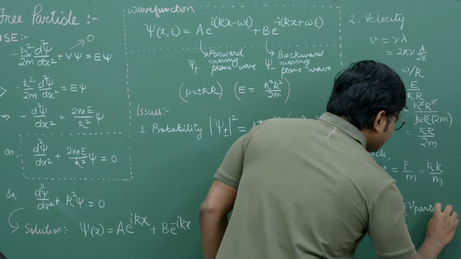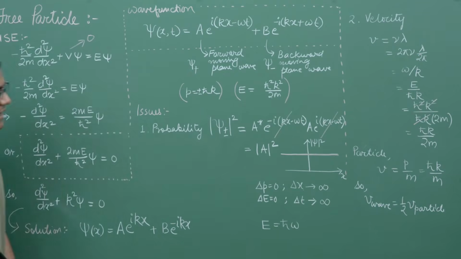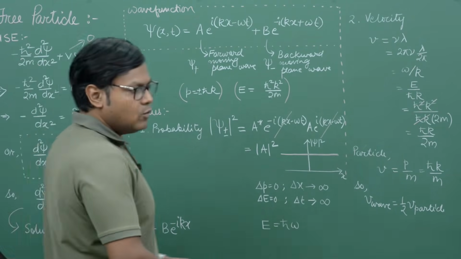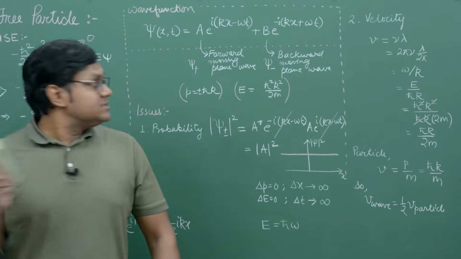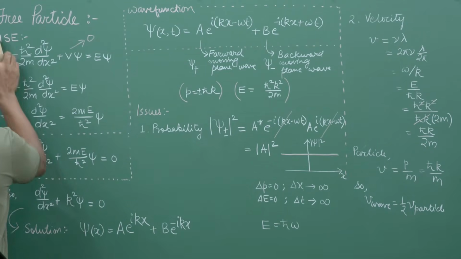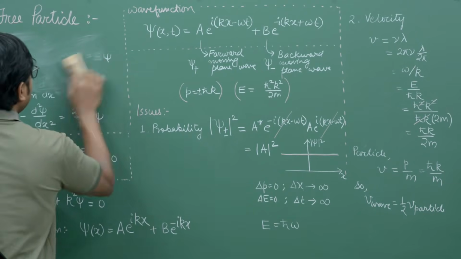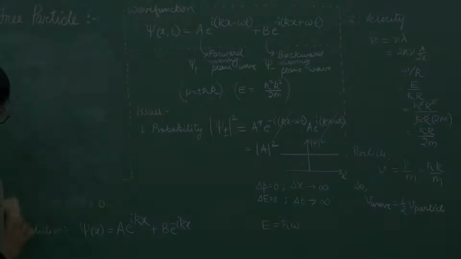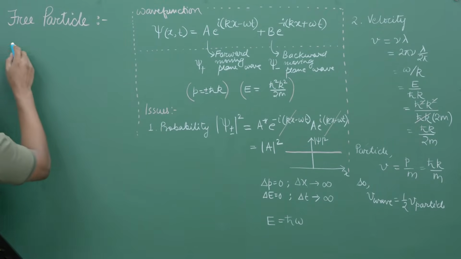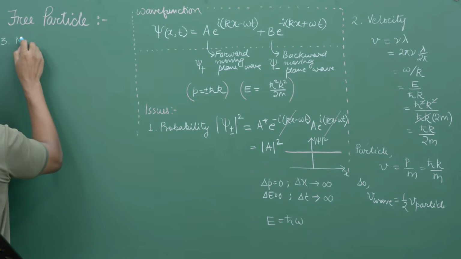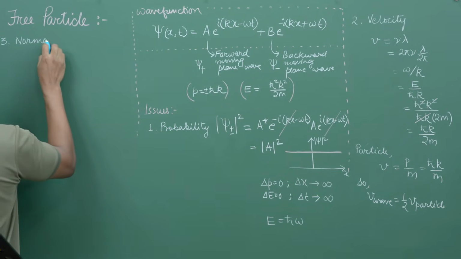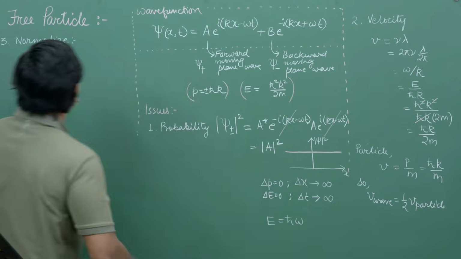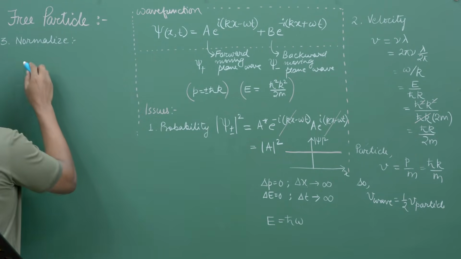Now, what does this actually mean? Does it even make any sense? It doesn't. So clearly there is some issue here. Another important aspect I want to reveal is related to normalization of this plane wave solution. Now in the third point, if you try to normalize any one of these, either forward moving or backward moving plane waves, then you will find that if you calculate